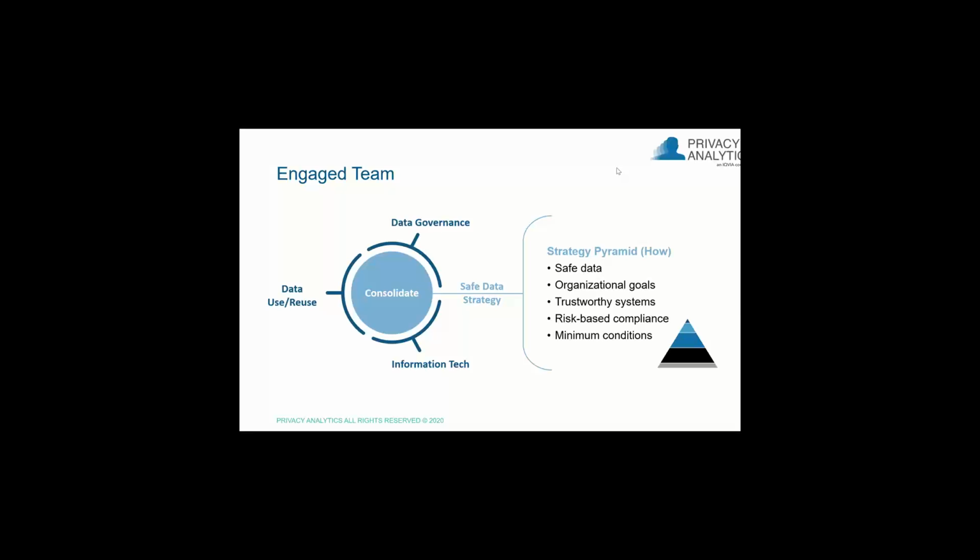Now, in the case of Acme, because they had multiple business lines, and this was a very high-level strategy that was being developed, they decided to start with one business line. So in terms of the data use reuse group, there was one business line that was selected to start the process. And they were going to go from one business line to the next to test it out and figure out, well, in terms of risk-based compliance, where those sort of boundaries were based on the experience of these different groups. But the key idea here is that we're working together to align on those strategic goals.